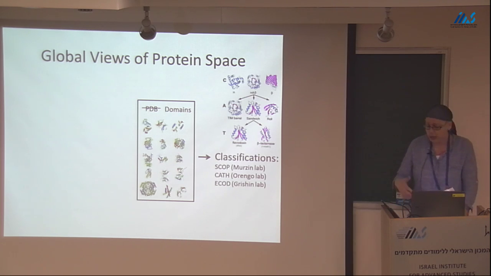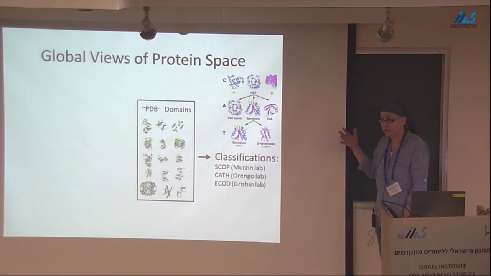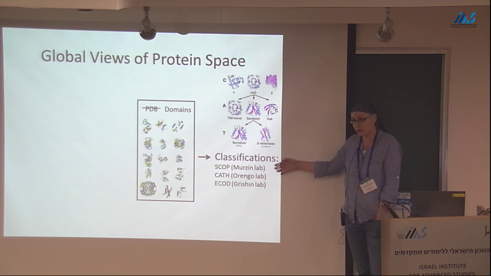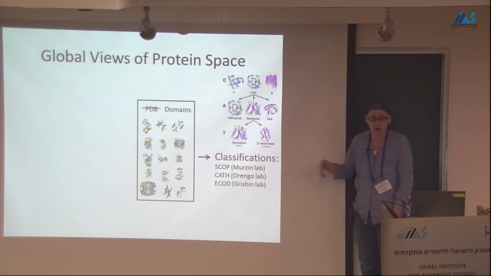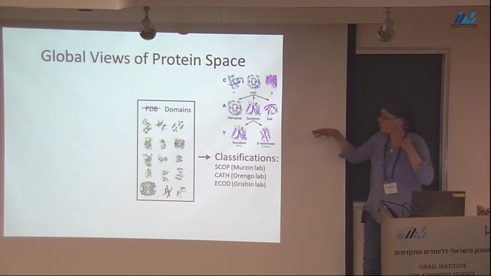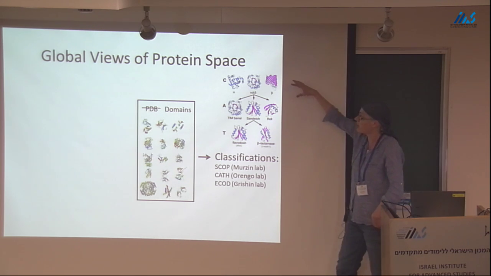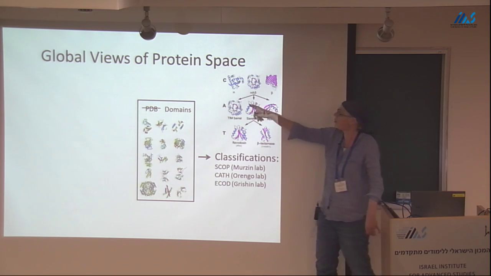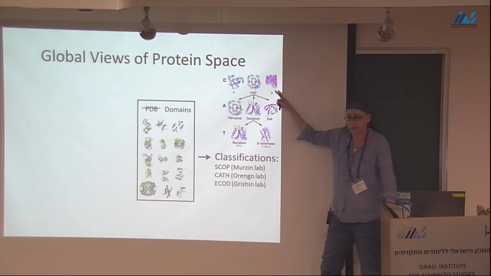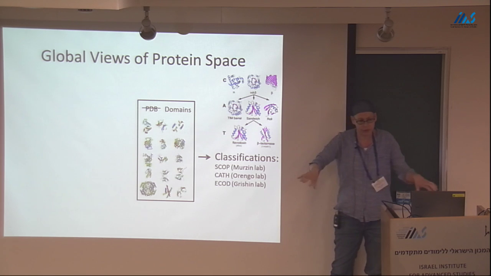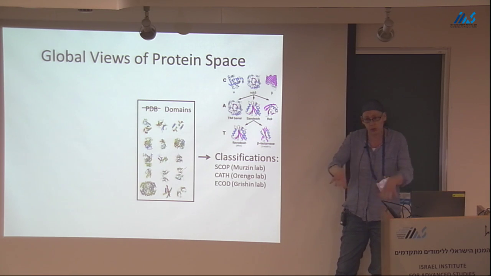So the classics are, of course, the classifications of protein space, and the most important ones are SCOP by the Murzin lab, CATH from Orengo's lab, and recently Nick Grishin and his lab worked on a new one called ECOD. And in these, you classify all domains. So for example, here's a picture from CATH. You start with a three-group classification, to proteins that are all helical, proteins that are all beta sheets, and ones that have both. And then amongst the ones that have both, you further classify them into groups,